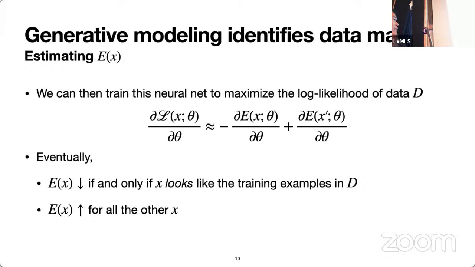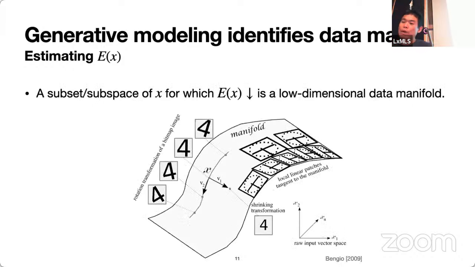And what does this mean? This actually tells us where the data is concentrated in this gigantic space of the input. If I only look at the subspace of configurations over which the energy value is low, then I can see that there is going to be some kind of manifold where the data is concentrated. I'm using the term manifold extremely loosely here. However, you can imagine that this way of generative modeling is how we identify or characterize this low dimensional data manifold. And the data is always living in a low dimensional data manifold. Otherwise, we cannot really do machine learning.